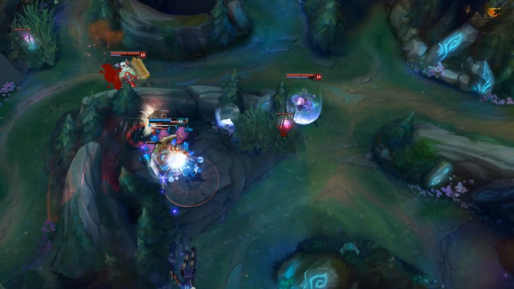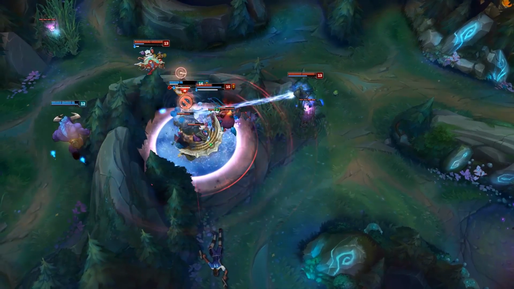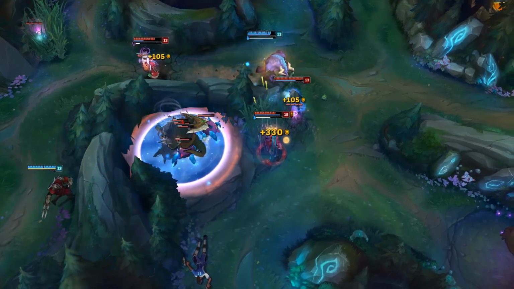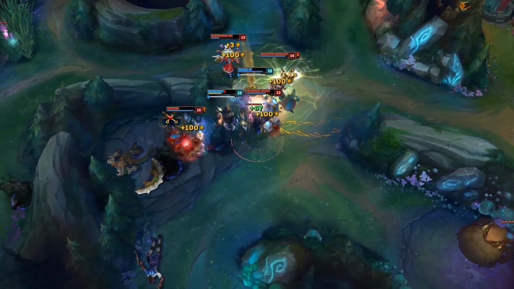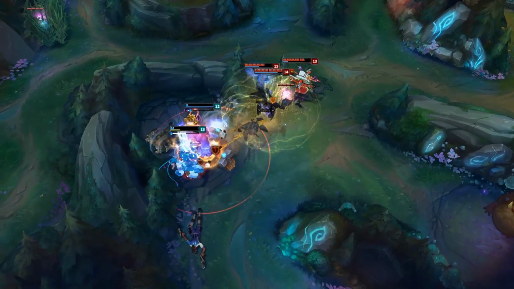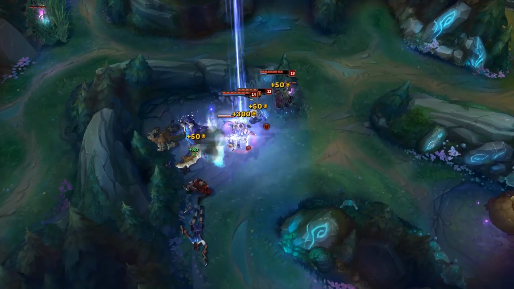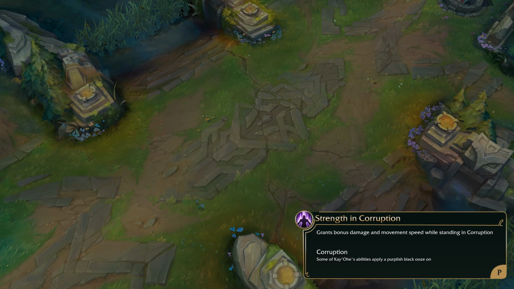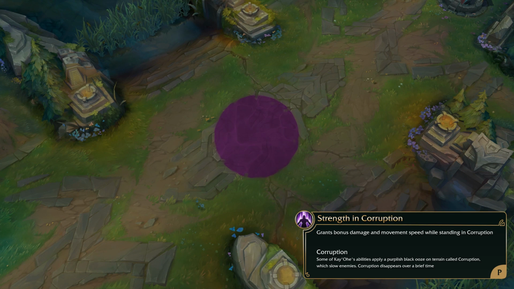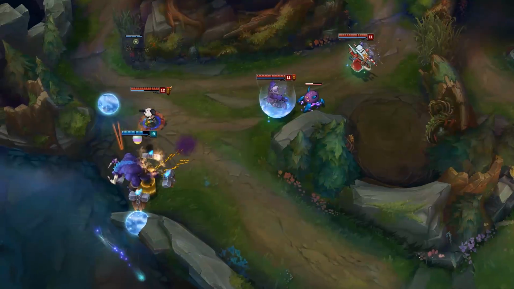And jumping straight into his abilities, KO's passive is Strength in Corruption, and it works around a mechanic called Corruption that KO has on the rest of his kit. Some of them spawn a purplish black ooze on the map that will slow enemies that are in it before disappearing after a short time. KO's passive gives him bonus damage and movement speed while standing in his corruption, so the core idea of KO's gameplay is to lay down your corruption in a teamfight and then use it to reposition and hinder the enemy